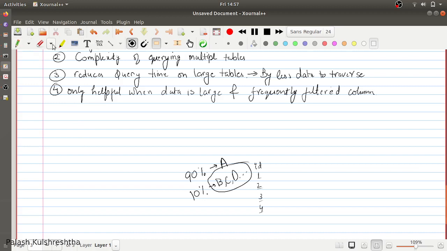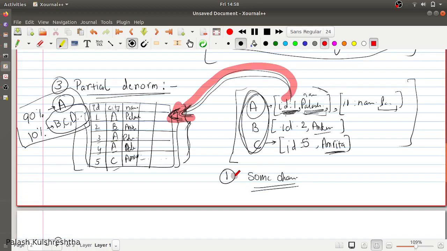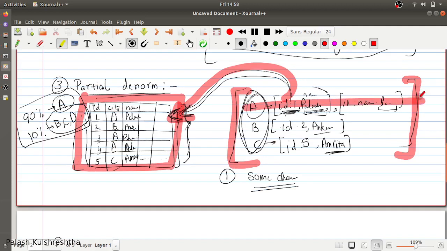If the majority of your queries are coming on that 90% of the data, then it is as good as traversing your main table, because for checking 90% of the records, you will have to traverse 90% of the records. So it is not helpful to have a secondary index when most of your queries are coming where the filter is A. But if the filters are B or C or D, from the 10% of the data, then having an index table is going to have an advantage.